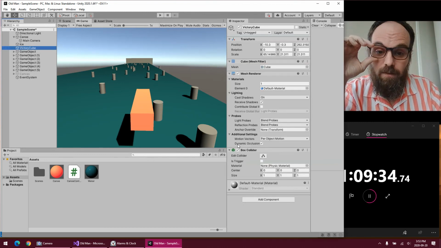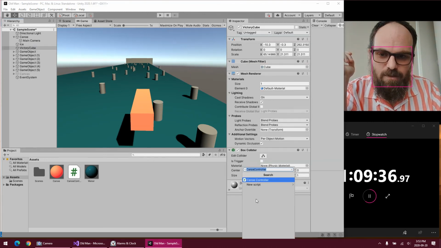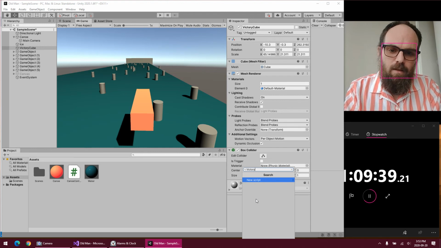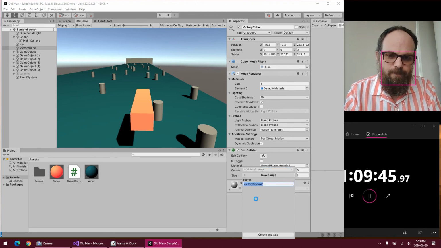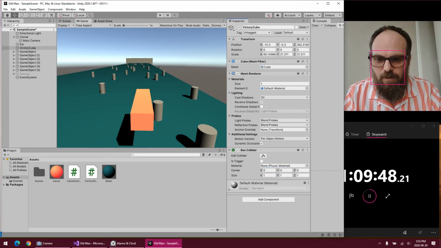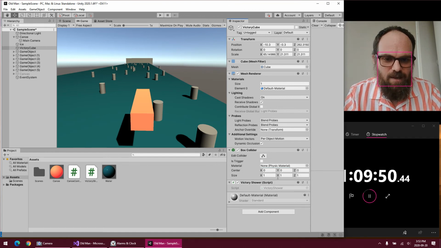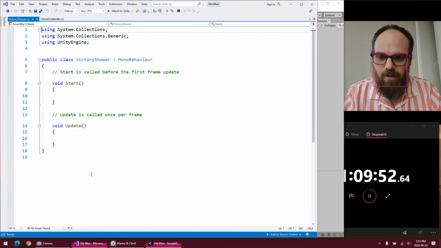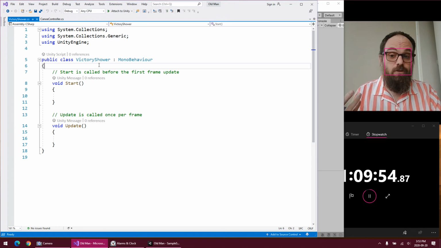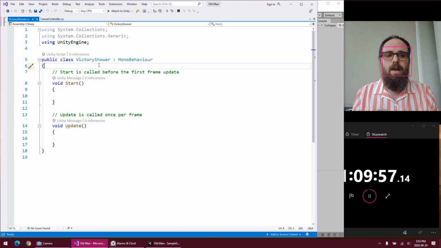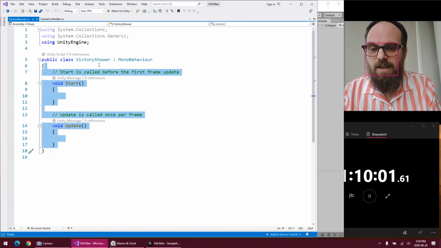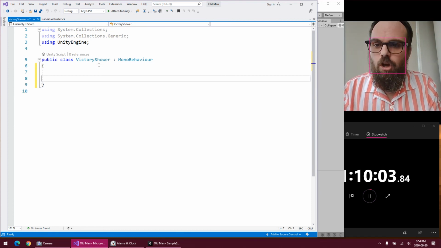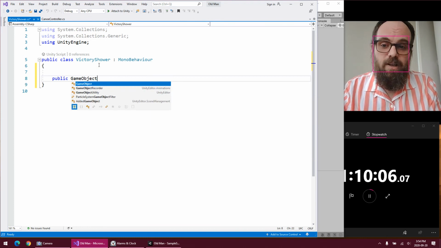Well, let's add a script to the victory box. And I'm going to call my script victory shower. You see it's made a new script for me and it's added it to my object. So if I double click on this, my victory shower, it needs one piece of information externally, which is I need to know what the victory message is. I need to know what the game object is